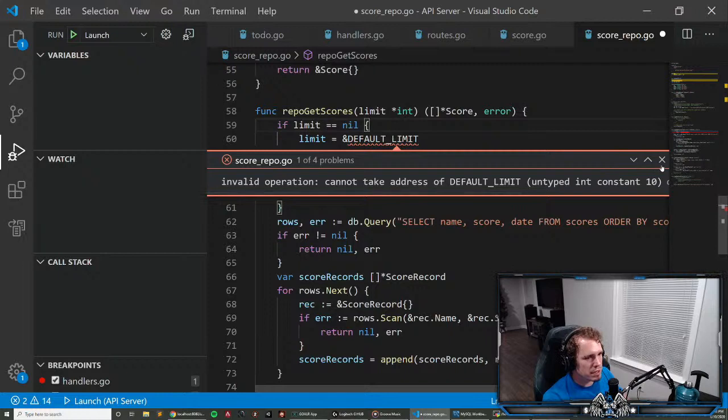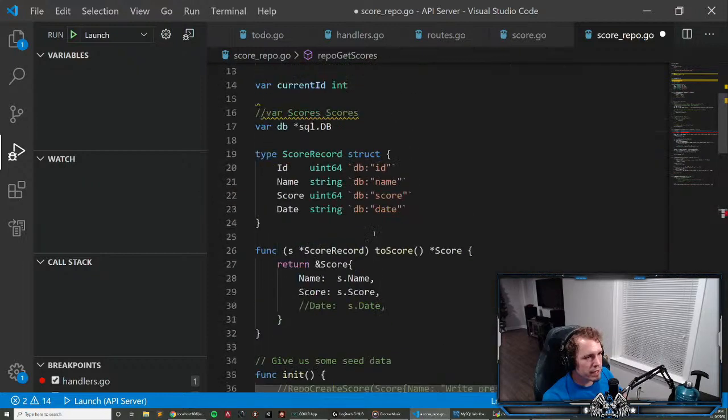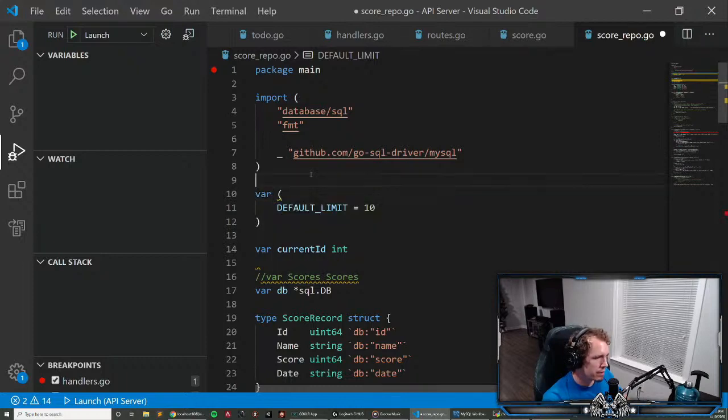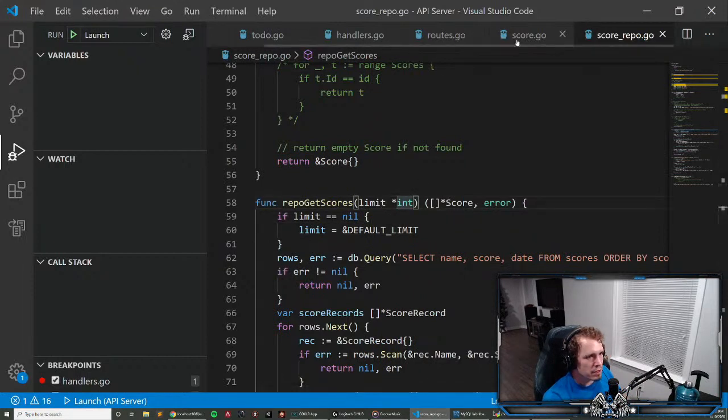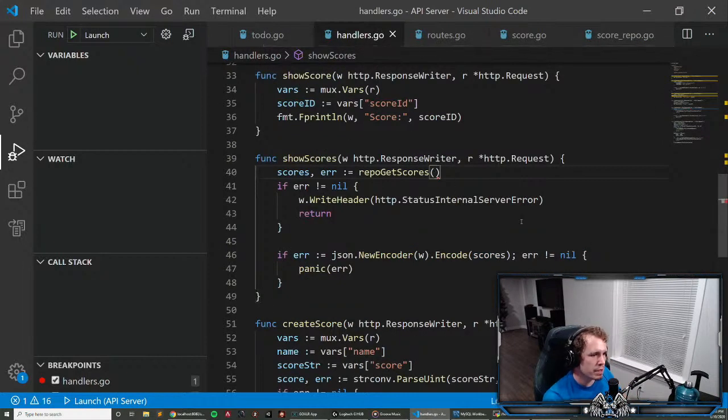Nope, it's still not. Yeah, I think it has to be a var, because then it gets allocated. I think it's because of where the constants are allocated. I think they're allocated somewhere where you don't get access to the memory locations. I don't know, either the stack or the heap. Can't remember. Not important. Yeah, so now over in the handlers, what we can do here is